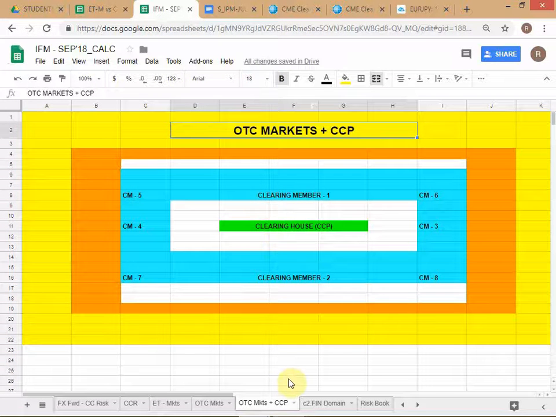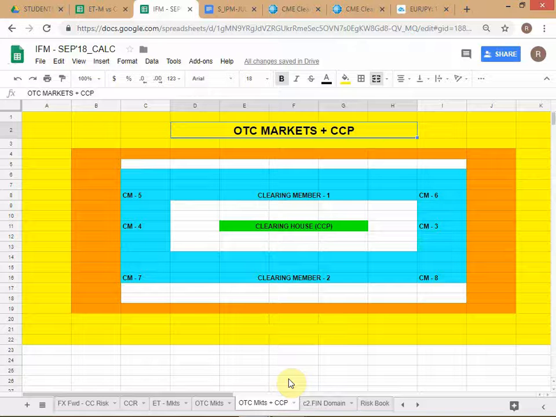Alright, so this is what this situation is. This is now the OTC market, so you're taking the exchange clearing house kind of structure and imposing it on the OTC markets. What the regulator is saying is, even in OTC markets, if we have fairly standardized transactions, because many OTC market transactions are quite highly standardized even though there is a possibility of customization, then in those cases the regulator is now saying that we want those transactions to be cleared through